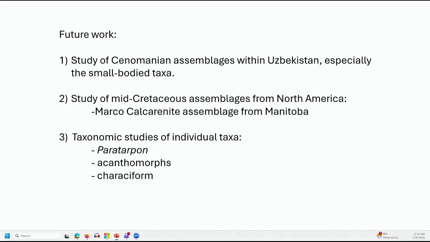And also the characiform. We have characiforms from a number of localities and a number of time periods. And there's enough material to take a close look at them and see what we can say about their relationships with the modern groups and the diversity within the Late Cretaceous. So that's a summary of where I've come and where I'm planning to go, essentially how I plan to spend